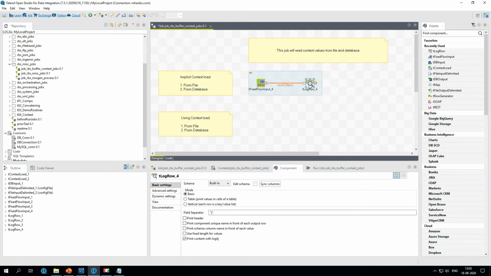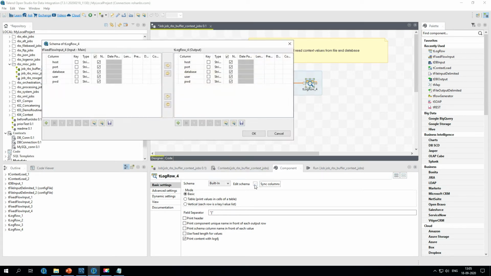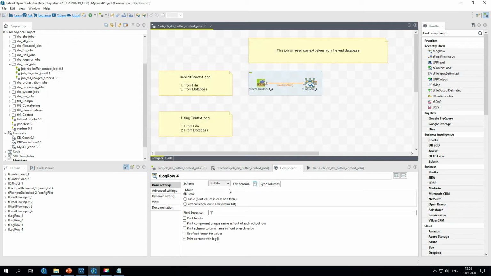You can use it pretty much anywhere when you are testing. I will go ahead and sync the columns so that we have all the columns coming from the source. You can edit and see. All right, all the columns are now properly mapped. And the next thing is I'll choose the table view, so it is easy to read how the values will be printed.